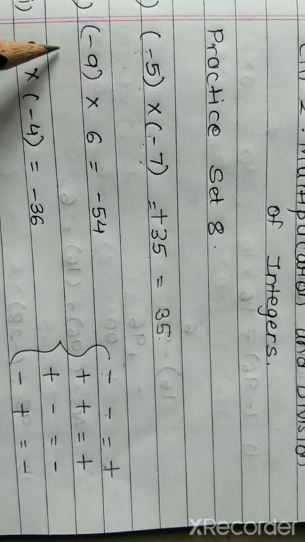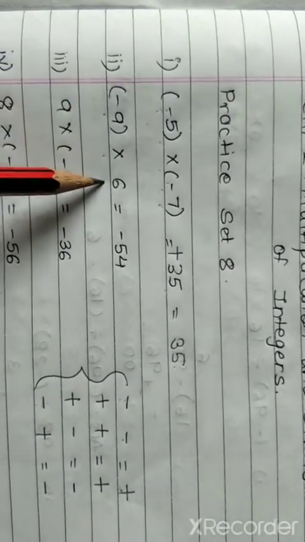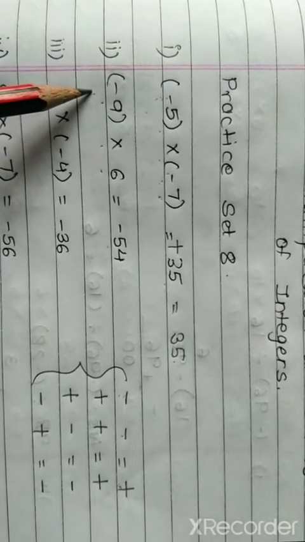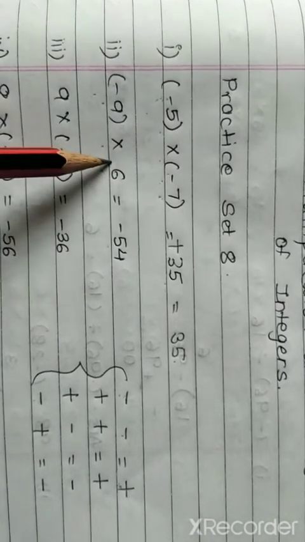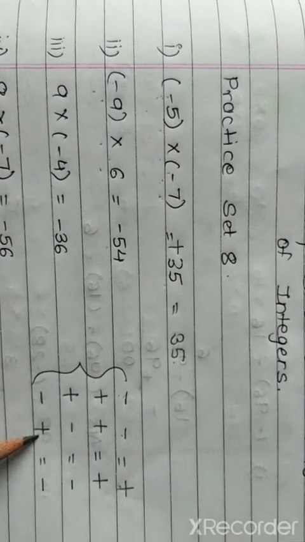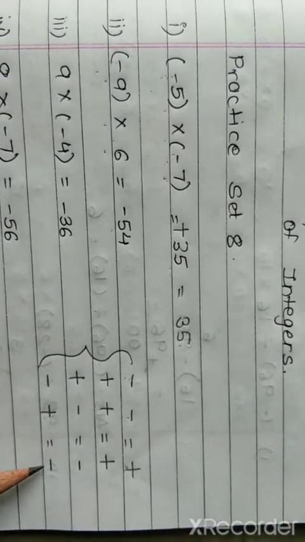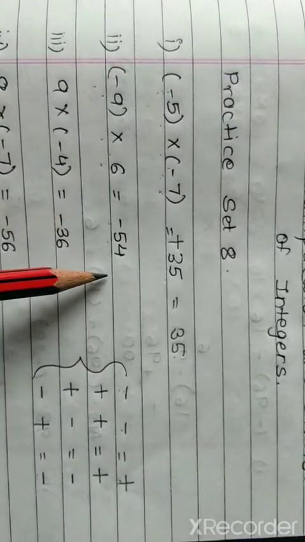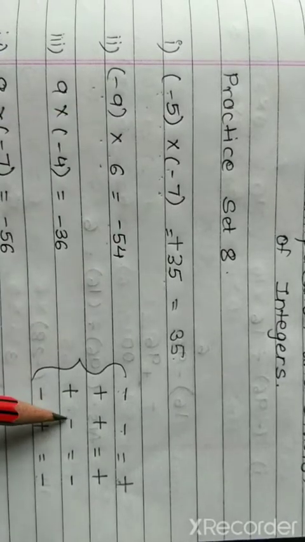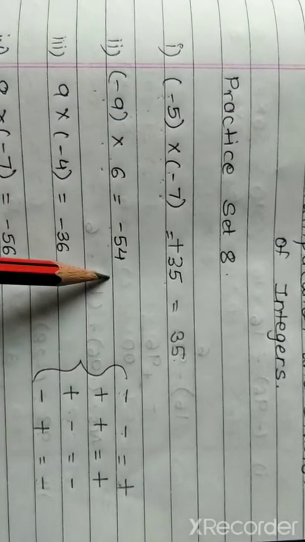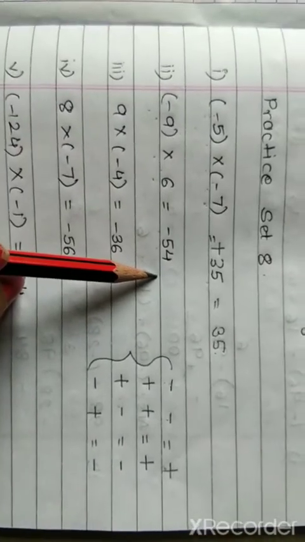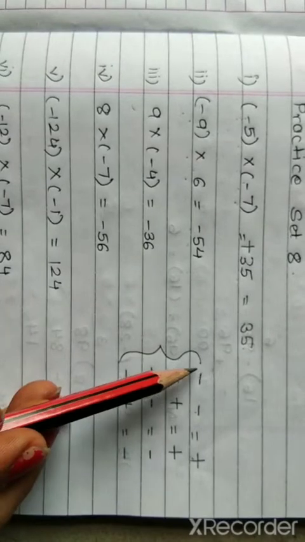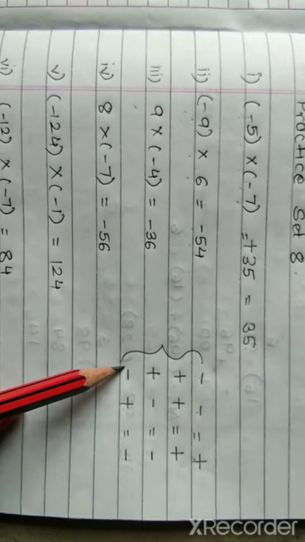Coming to second question, this is minus 9 multiplied by 6. Again we know 9 6s is 54. Moving ahead to the negative and the positive sign. Again one negative one positive gives us negative, so the answer should carry a negative sign, that is minus sign. So here 9 6s is 54, and as we have seen with this rule, that is minus plus is minus, so the answer is minus 54. Next sum is again similar types. We are going to get sums based on these four rules only.